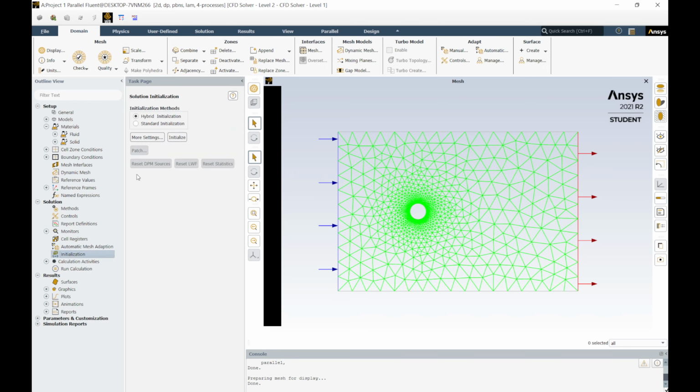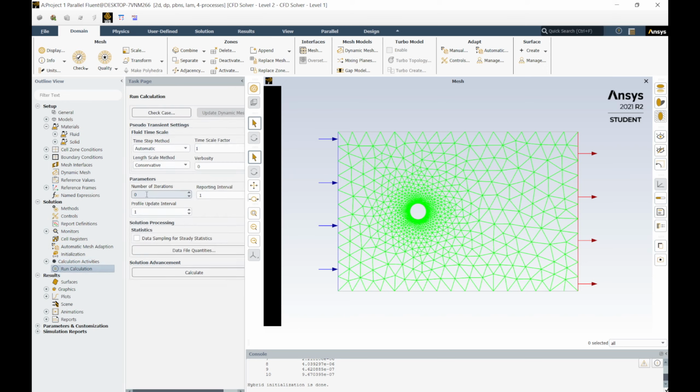We always have to initialize the code, and hybrid initialization is good. Let's just initialize, and it's a very fast step. And then we're ready to run calculations. So if this is your first time to run a CFD, that's going to be fun. Time step method, automatic, everything is good. Reporting interval 1, time scale factor,